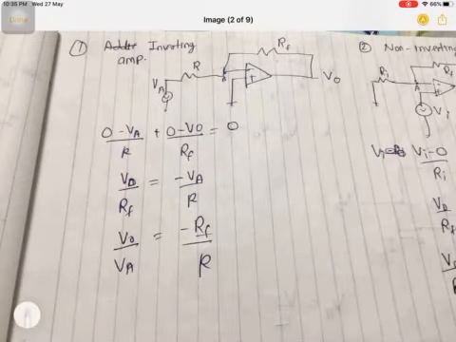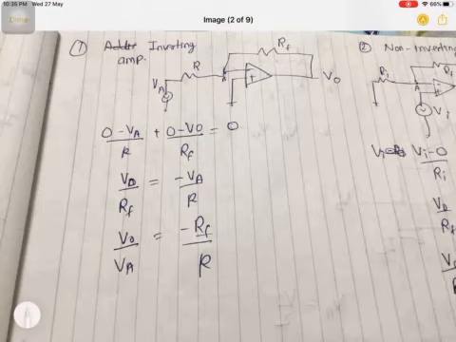Now, this is the inverting amplifier. It's very simple. This point is point B. Since the non-inverting terminal is already grounded, first we have to observe whether there is a negative feedback or not. Yes, there is a negative feedback. The output is directly connected to the negative terminal through a resistor. So since there is a negative feedback, now we have to apply virtual short.